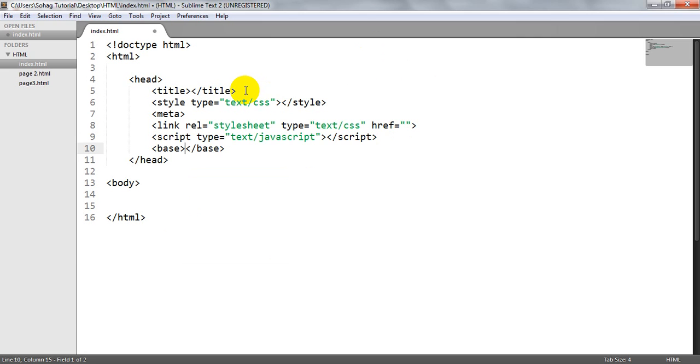First, I describe the title tag. The title tag defines the title of the document. The title element is required in all HTML and XHTML documents. The title element defines a title in the browser toolbar, like